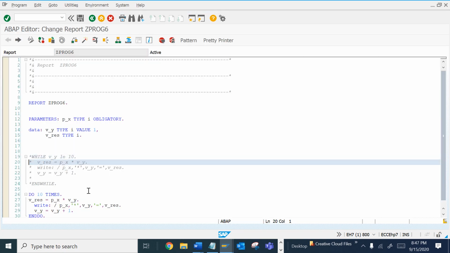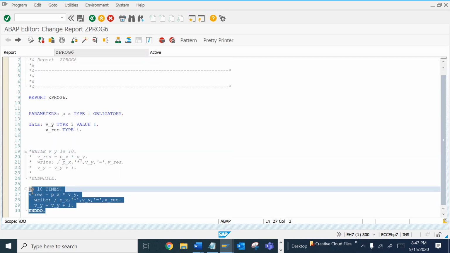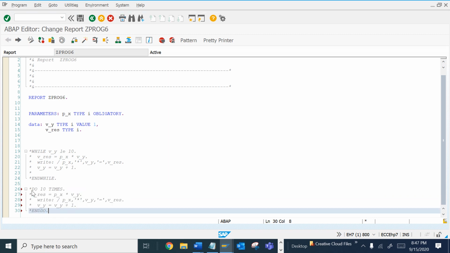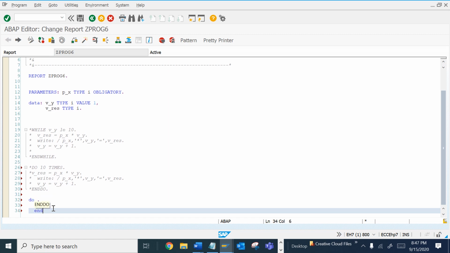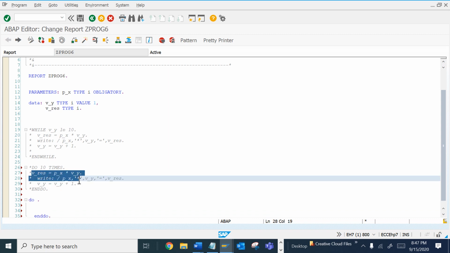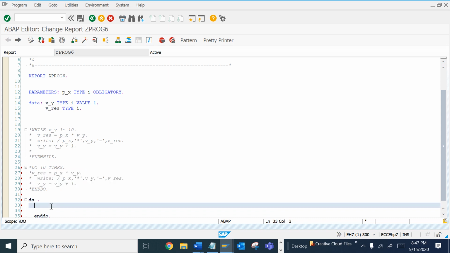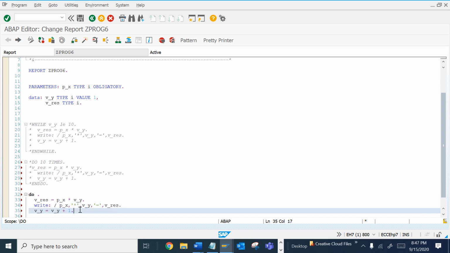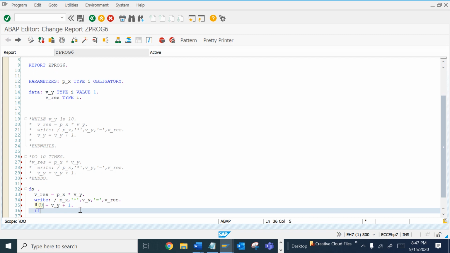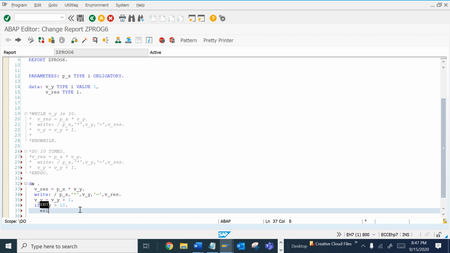Now we have another method of DO and ENDDO. Let's comment this out and do it with the help of DO and ENDDO. Now we want to see the result like this, and we have to put this condition after it, which is until it is greater than 10, and then we want to come out of the loop.